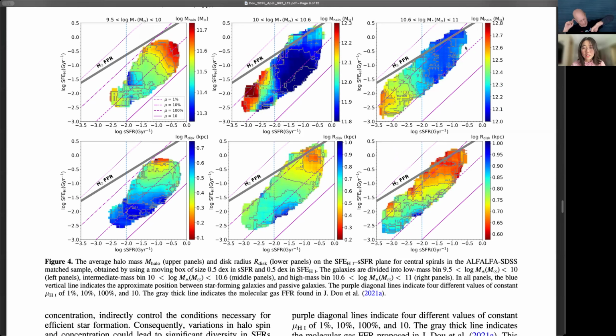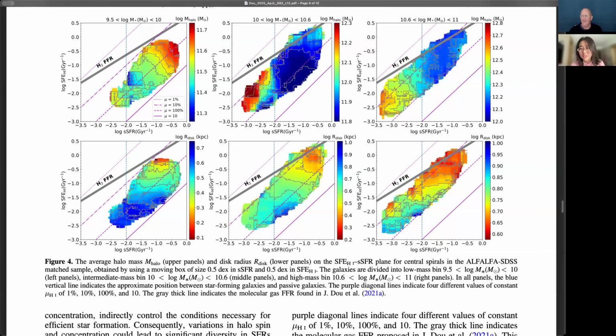So at this time, the halo tends to become the quenching switch, which means that it will shock heat the gas and prohibit the gas from further forming stars. So at this time, you can see that more massive halos tend to lead to lower specific star formation rate and also lower H1-based star formation efficiency, which means that the halo tends to be the thing that shuts down star formation in the massive